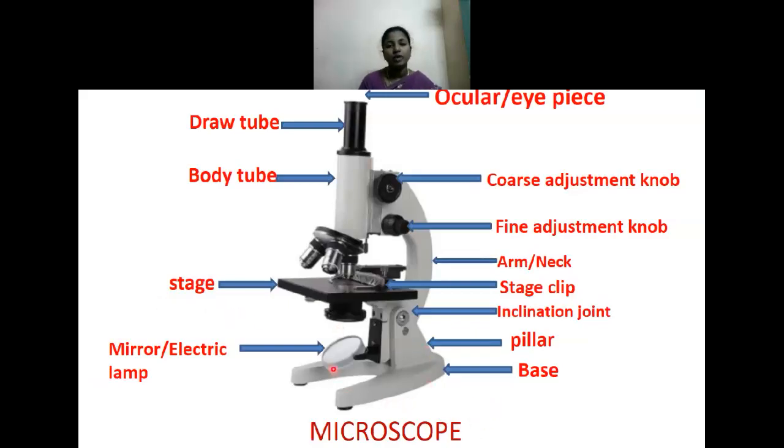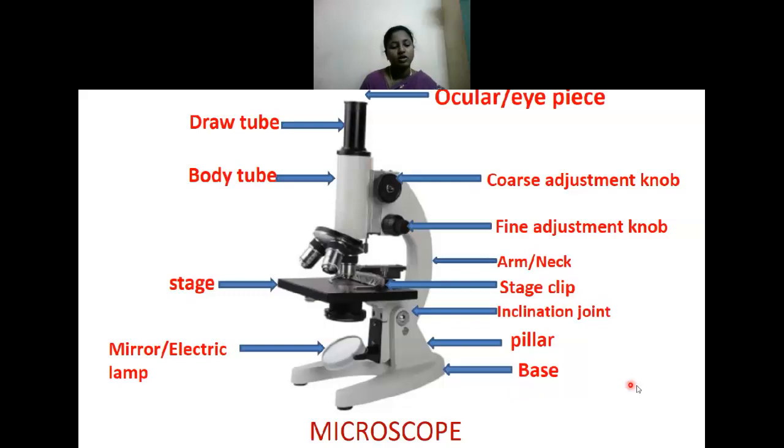A microscope is an instrument used to see objects that are too small for the naked eye. The science of investigating small objects using such an instrument is called microscopy. Microscopic means invisible to the eye unless aided by a microscope. Let us discuss the mechanical parts of the microscope.